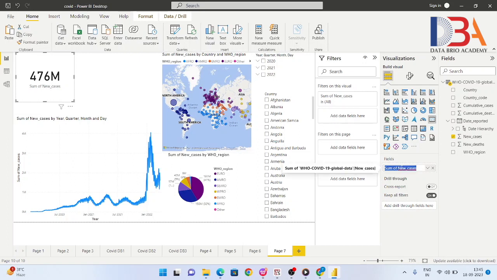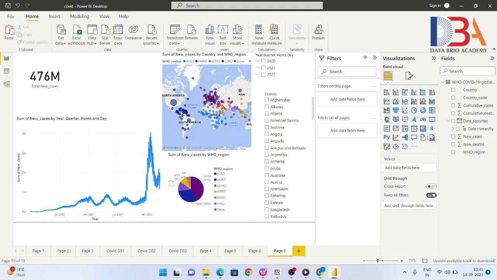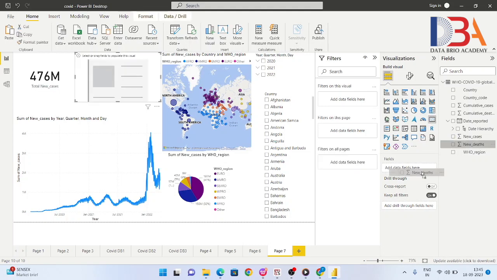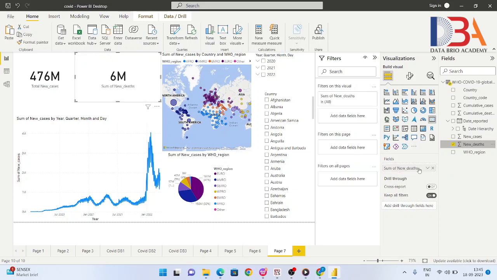We can rename it total new cases, add another card, and add total deaths over fields, and rename that total new deaths. In this way we can build a report with the charts we have already created.